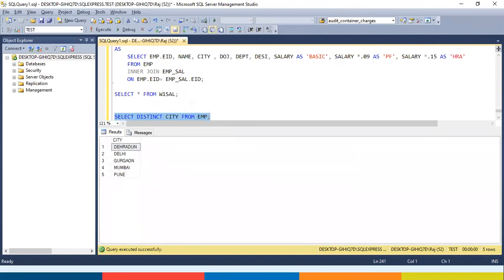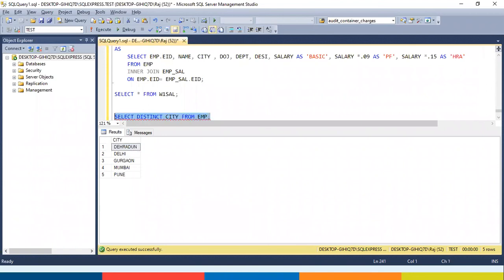Here you have created a view which gives you a list of the cities from where you have the employees in your company. If you created a view like this, data manipulation using this type of view is not possible. You will not be able to do any data manipulation using such a view.